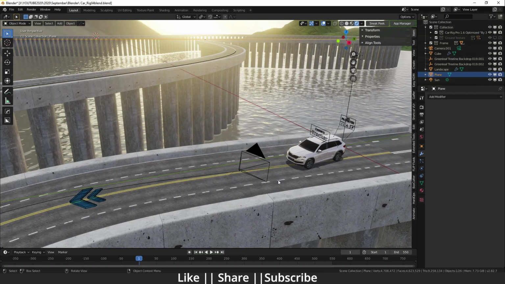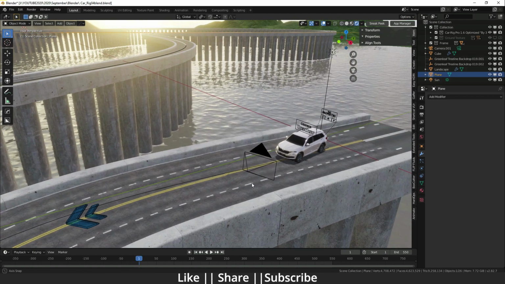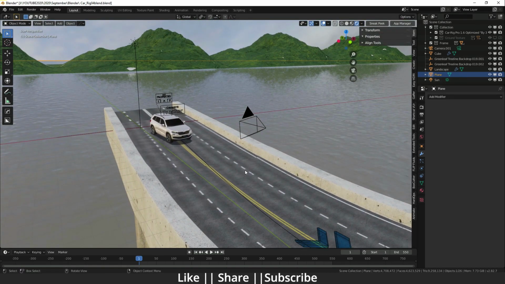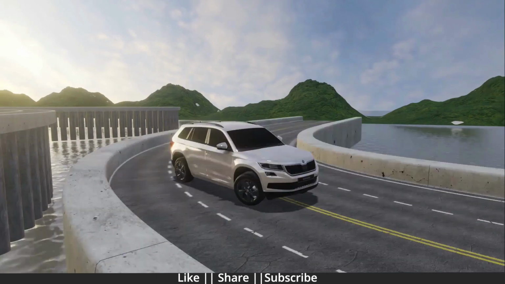Okay, so first I'm just going to play this video, then we will talk about how you can do this animation. And if you want to download this add-on, you can download it from the Blender Market. I will put the link in the description. So let's see the video first, then I will show you how you can do this.